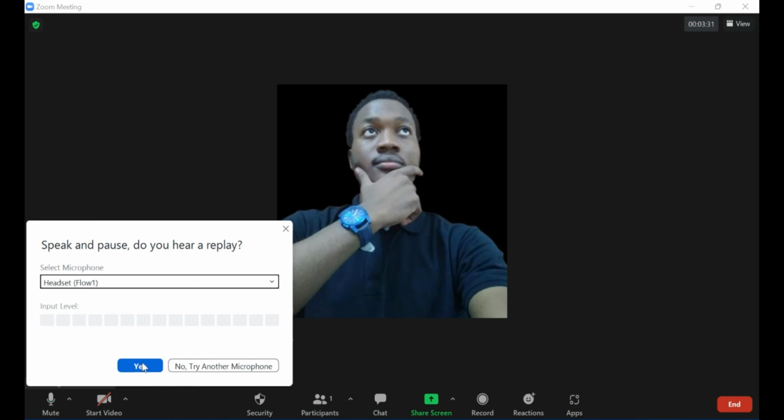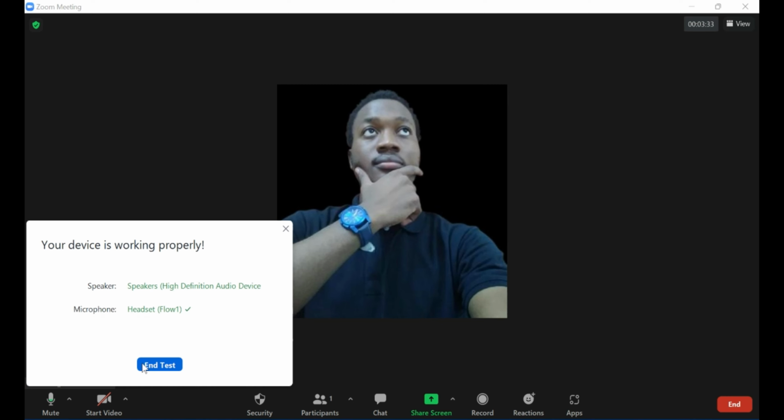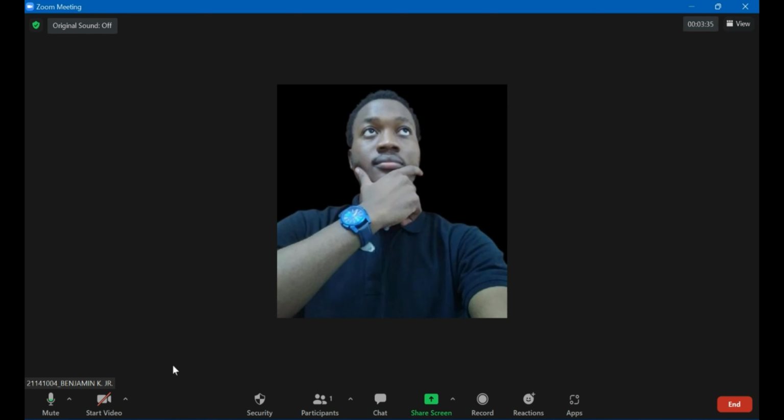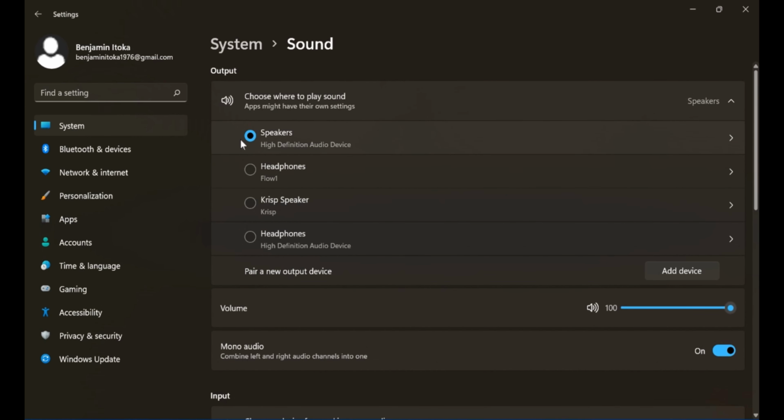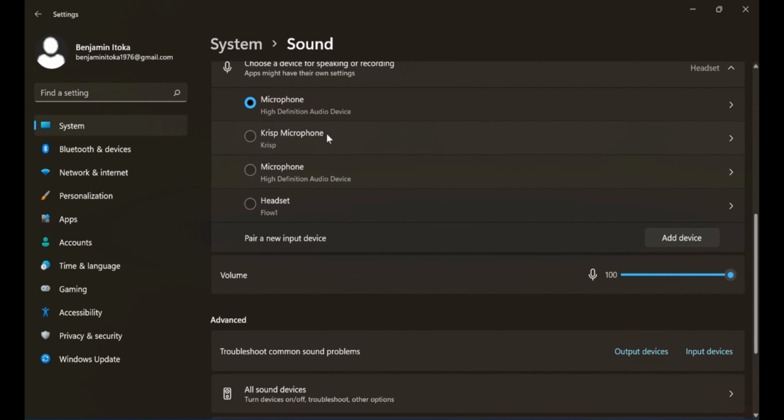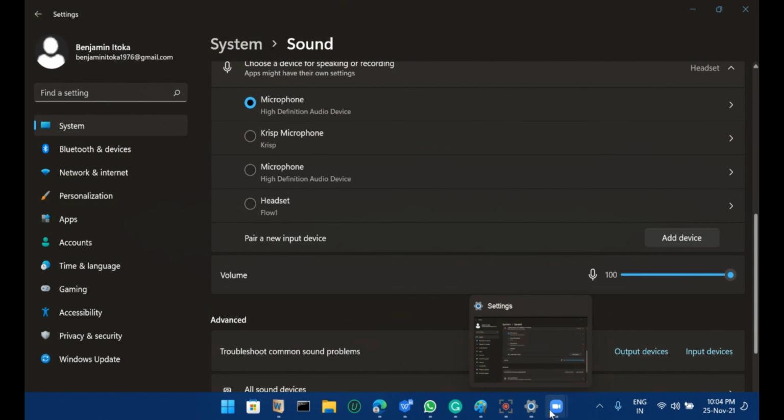So now we will end this section and we see everything is okay. So we'll go back and configure it again. I'm going to use my microphone, okay? And then I'm going to use my speaker, okay? So now as you can see, if I want to use it again, I have to go back to